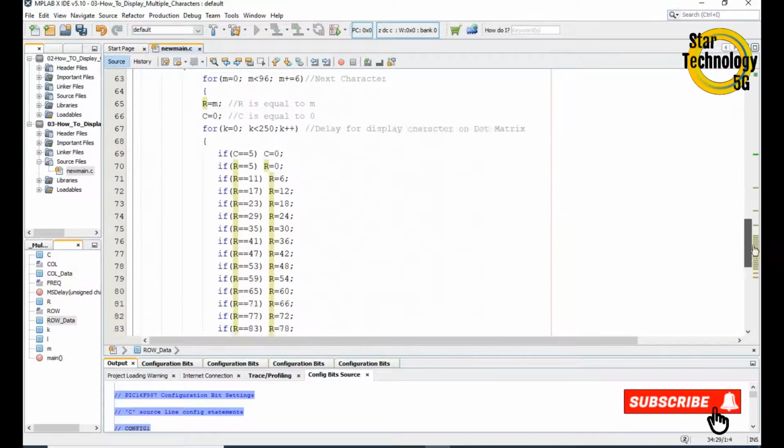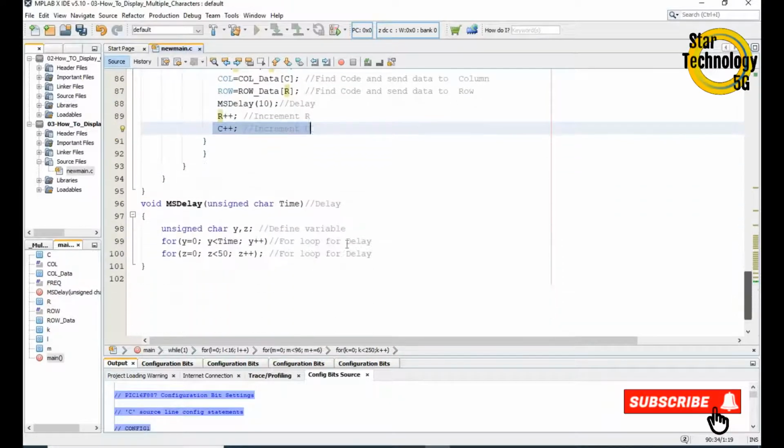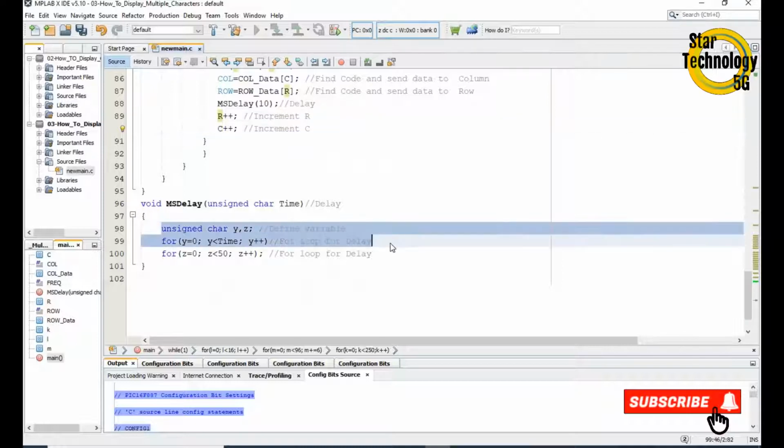It will send that data to the row and display on the dot matrix display, and it will take delay, and again it will increment the value of the R and value of the C, and display character on the dot matrix display. At the end we have the function of the delay. We are using two variables, Y and Z. We are using these two variables in for loop and generating some delay.